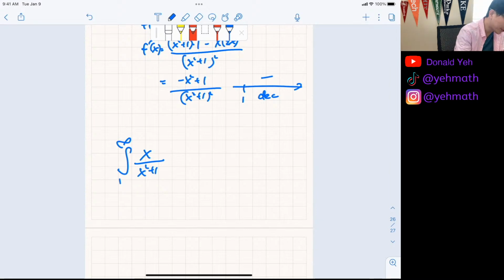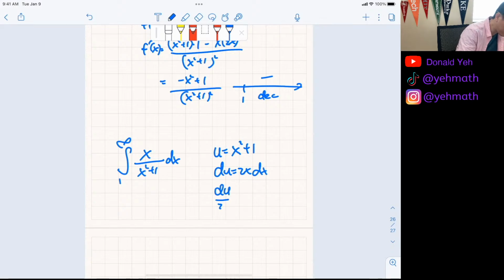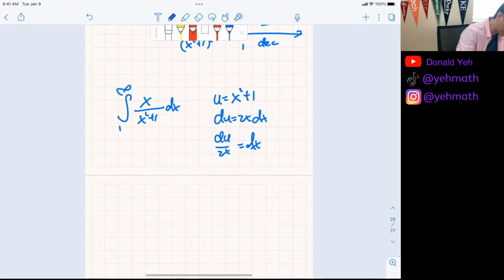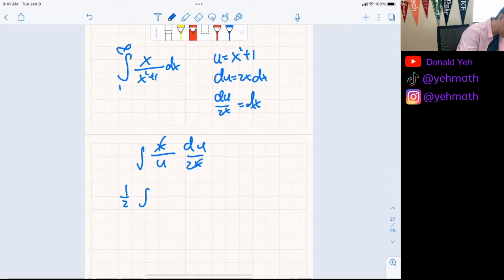Now, what kind of integration are we going to do? This looks like a u-substitution to me. It's not arctan, because the arctan on top is a number. So u will be x squared plus 1, du equals 2x dx, because that way the x can cancel. So du over 2x equals dx. You can change that to x over u dx equals du over 2x. So the x cancels out, and it'll be 1/2